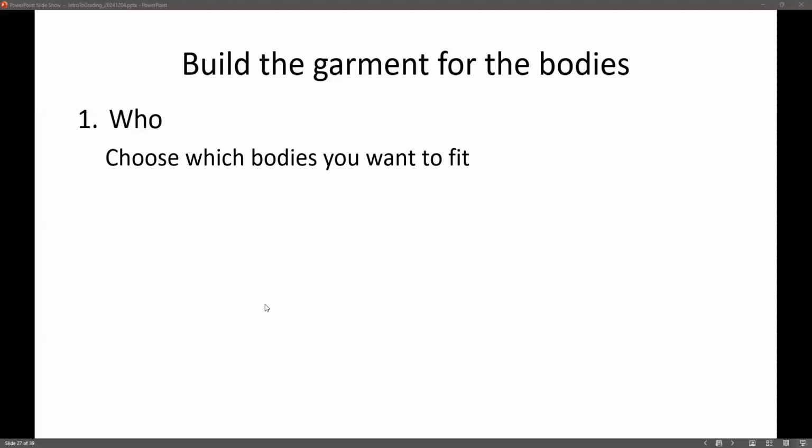What designers are doing, or what designers should be doing again, is choosing the bodies you want to fit. So when I go back to my hat, I want this to fit a baby, a newborn. So then I have to get the relevant measurements. How big is a newborn head? I need to know that. Okay. Now, resources are available. You don't have to rush around with a tape measure and try and find a baby. Resources exist for this. And I've got some pointers for you, but choose who you want to fit, get